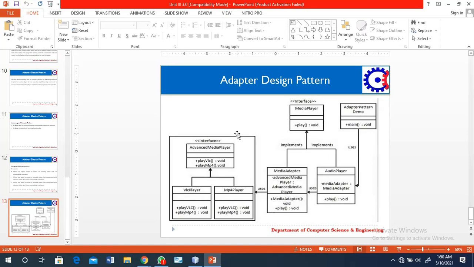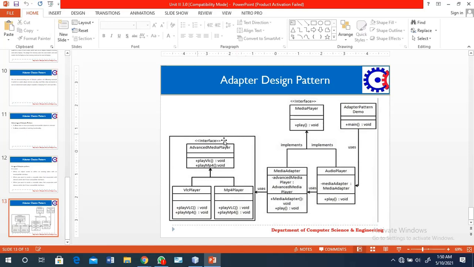Suppose you require a combination of that, so you prepare one class through which you can perform your operations. That class acts as an adapter between the media player and the advanced media player. So we are implementing that code.